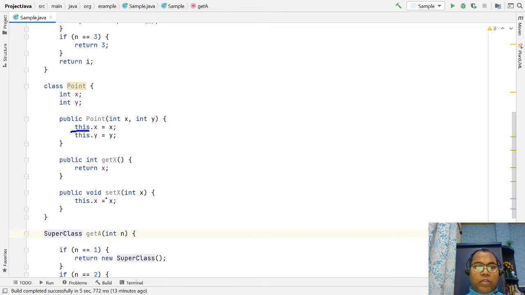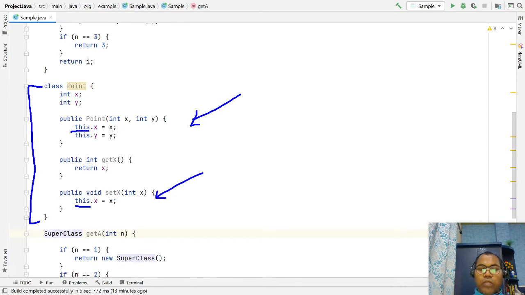What is the meaning of this? It refers to the current object. Which current object are they referring to? The this keyword is used inside your constructor to refer to the current object. Similarly, we can use this inside an instance method where we want to access the other data members of the current object.